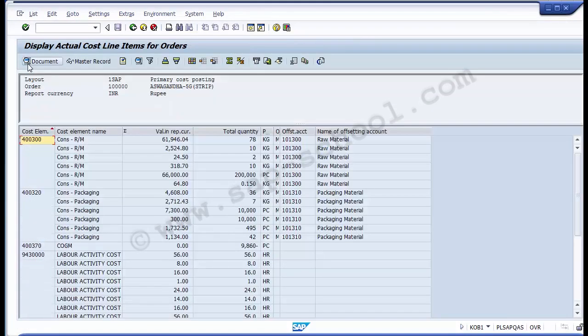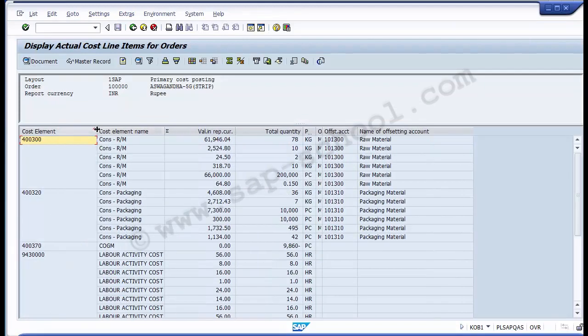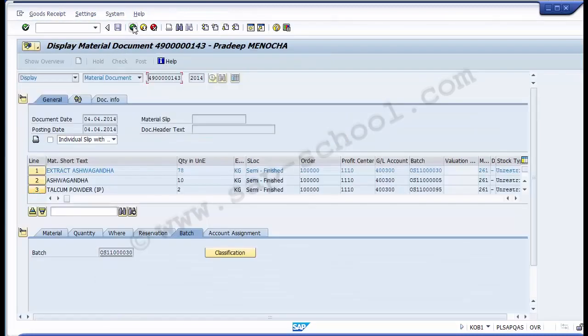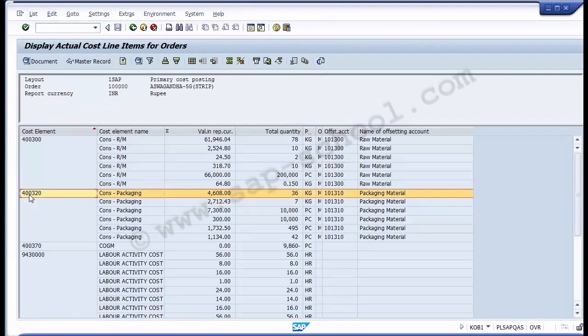As it is now executed, you can see the different values reflected to you. So these are the breakup, the line items reflected to you. This is the cost element with respect to this internal order. These are the different values being posted as actual line items, which you can see over here, and the same way you can go below. So in this particular internal order, the cost element 400300 has been used as consumption raw material for posting these different values. Similarly, for this particular internal order, another cost element has been used, that is 400320, and